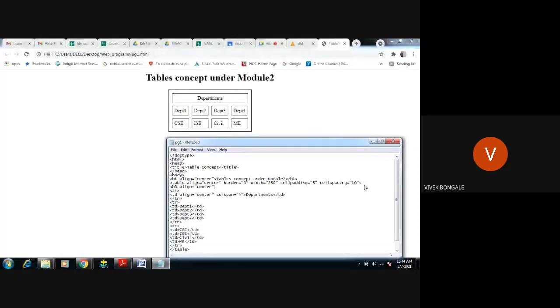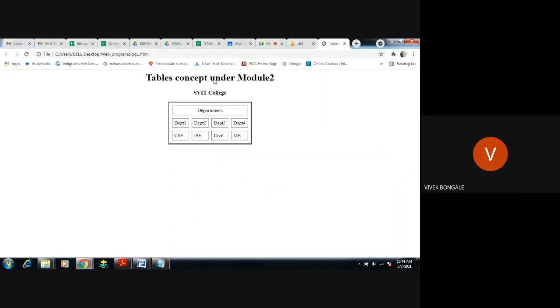Then close this. SVAT college department, or SVAT college. So I will use SVAT college. Close this H3. Save this. See, SVAT college.